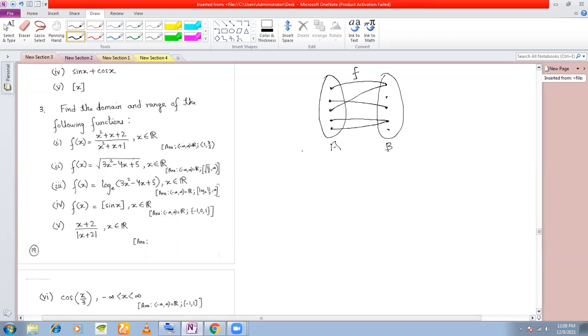Now, what is the domain of this function? All these values which have an image, right? Suppose there was one element which did not have an image, then it becomes a relation, isn't it? A to B. But what if we remove this? Then it becomes a function, right? Similarly, domain describes only those values which have an image, right? And what do you mean by range? Range comprises the set of elements with these.